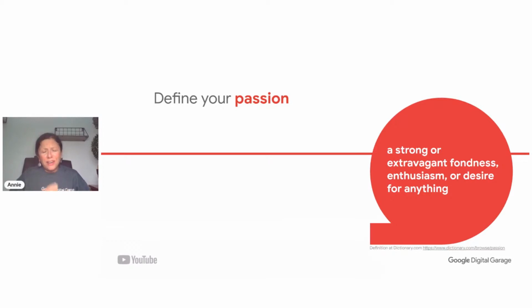And there's such a large and diverse audience on YouTube. As mentioned, it's the second biggest search engine. So there will be people with the same passions as you that you can find. So how do we determine our passion?